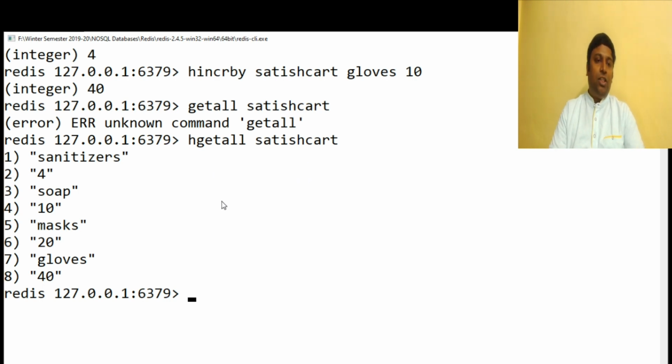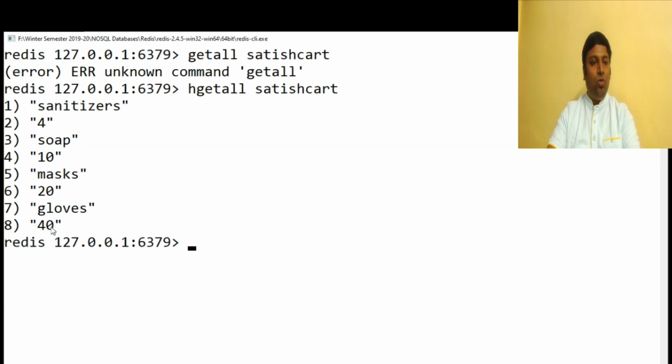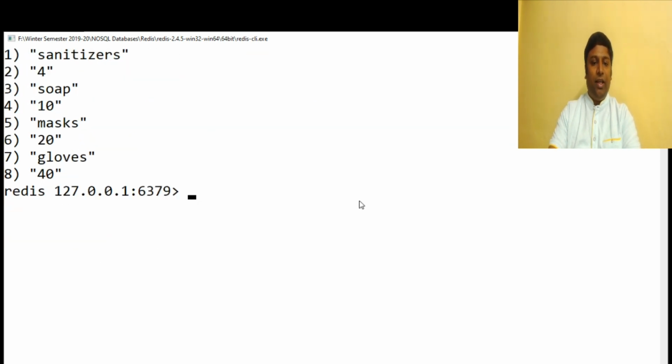Suppose I want to set this value back to 30. I can use HSET for updating an existing value. Let me tell you how to go and set this value back to 30. It is HSET and then you give the structure name Satish cart and the product or the field is gloves and then the value is 30.